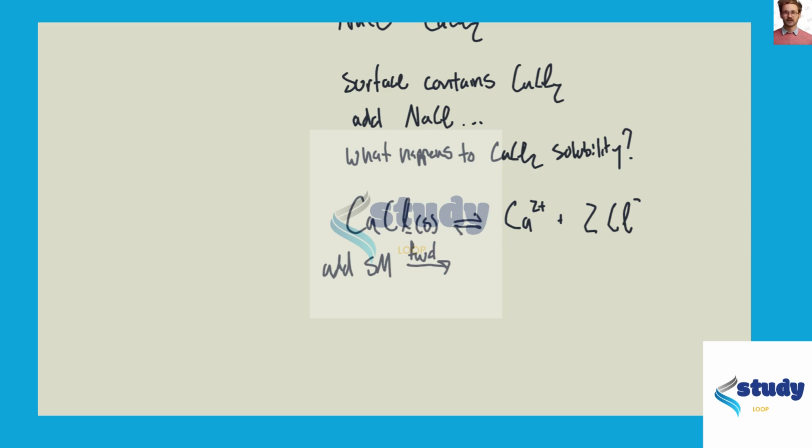Okay, so therefore it stands to reason that if we add, say, chloride or product, this would work for calcium as well, so add product, then the reaction moves in the reverse direction, right? Because if we add chloride, it wants to resist that change, and so it's going to consume chloride by going backwards. So when we add sodium chloride,